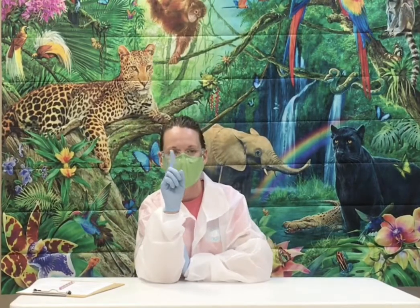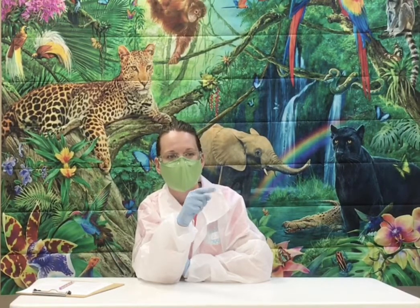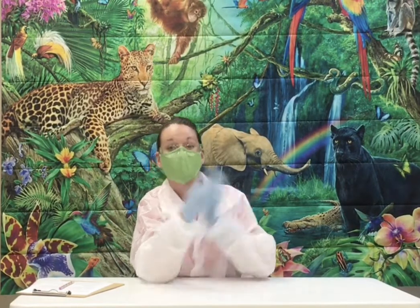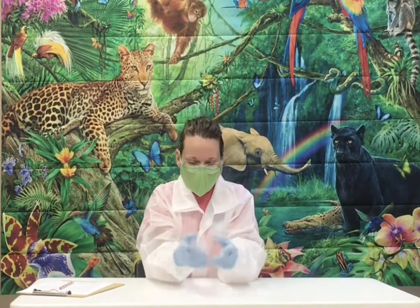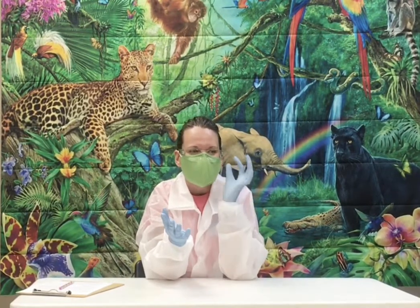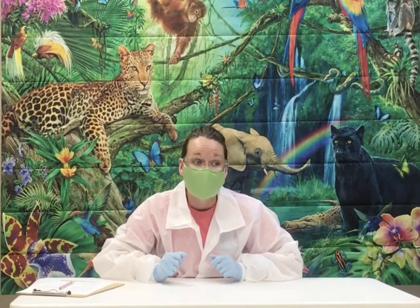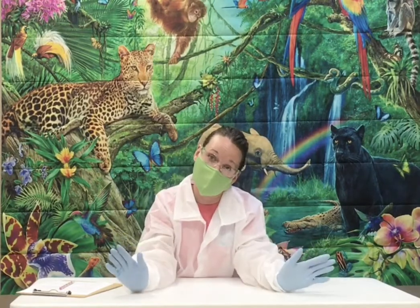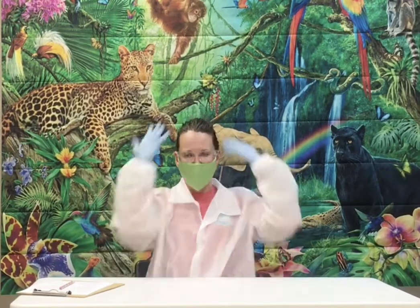Okay, we have one more item left. Who knows what it is and what it protects? Chloe. Protects your fingers. Which item? Your gloves. Your gloves, they protect your fingers and your hands, right? Because if we do some experiment that's gross, we don't want to get our hands dirty, right? We can wash them. We could wash them, but it's a lot faster to just take them off. Or sometimes you use chemicals and it could burn. So this gives you some protection. We're not going to use any chemicals in here that are going to burn us. No. But like we're hot, we're